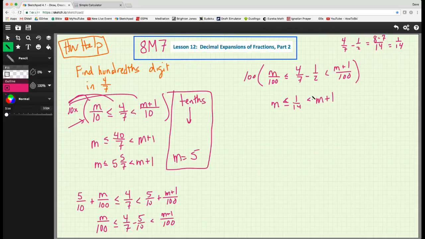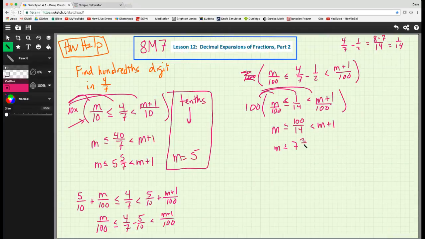Oh, whoops. Sorry. So this is still over 100. Let's just leave these over 100 for a second. Now we're going to multiply by 100. Boom, boom, boom. Now we get m is less than or equal to 100 over 14 is less than m plus 1. Well, 100 divided by 14 is 7 and change. So m is less than or equal to 7